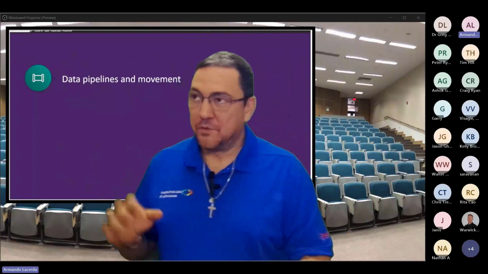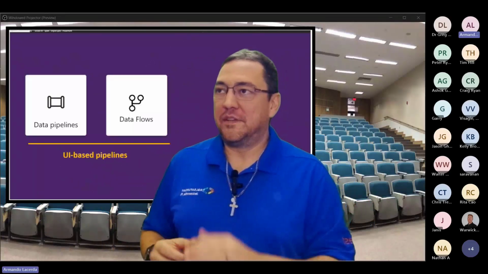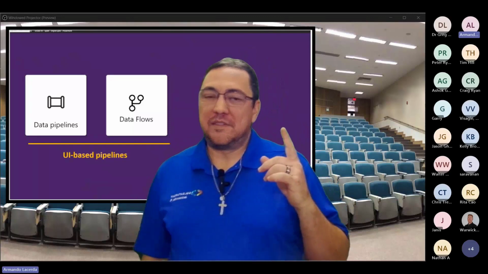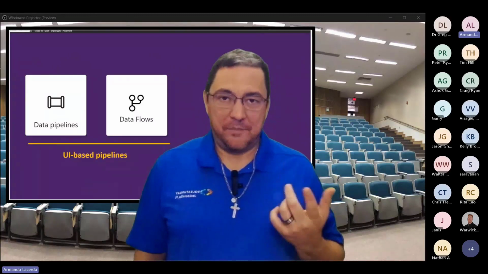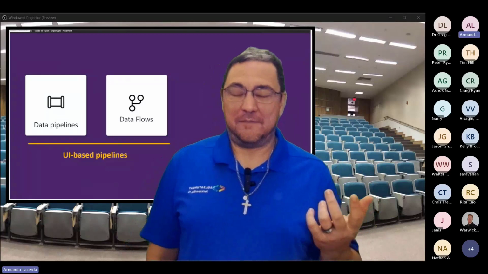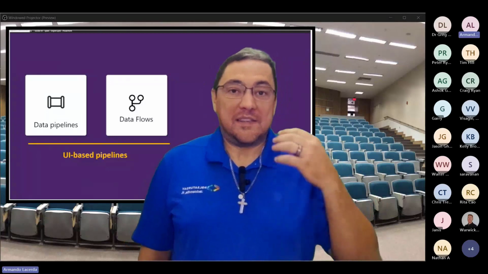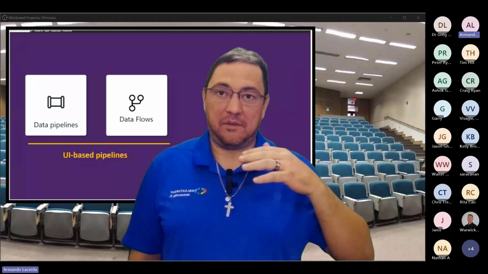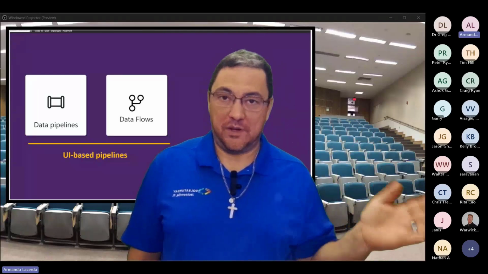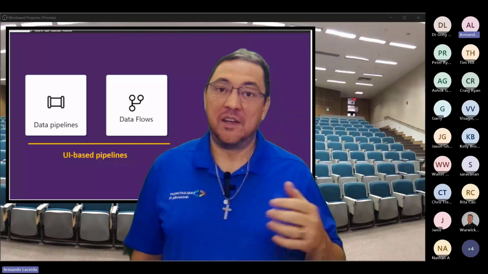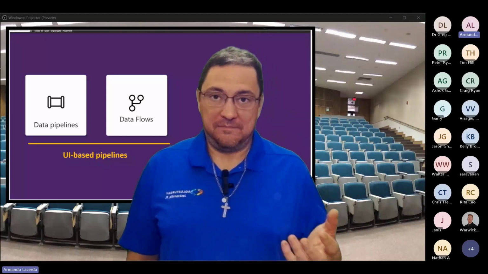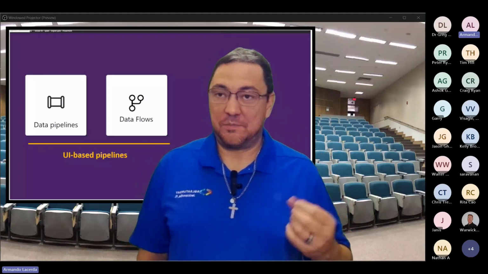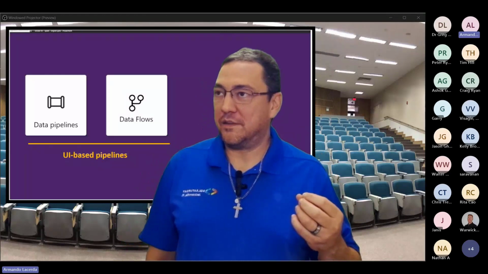One of the topics we're going to go over here is the idea of data pipelines and data movement. When you're talking about data pipelines inside Fabric, like it was in Synapse, what's actually running the code and transferring the data from one end to another, from source to destination, is a Spark engine. So that's why it's important to understand how to manage this Spark feature inside Fabric.